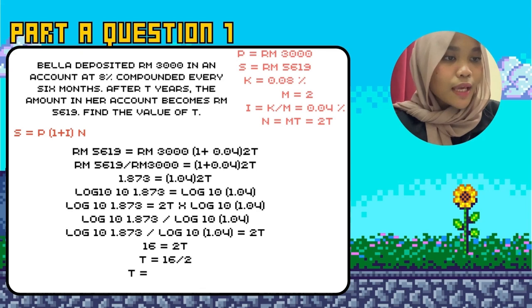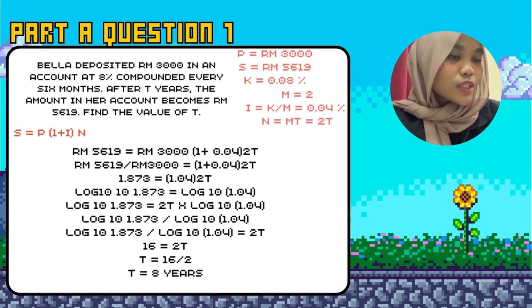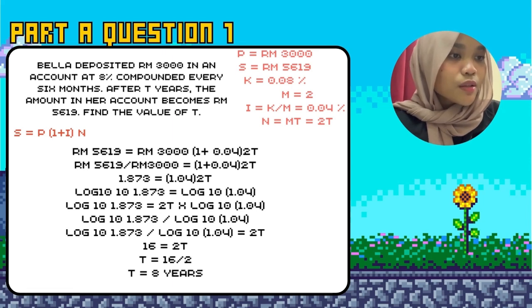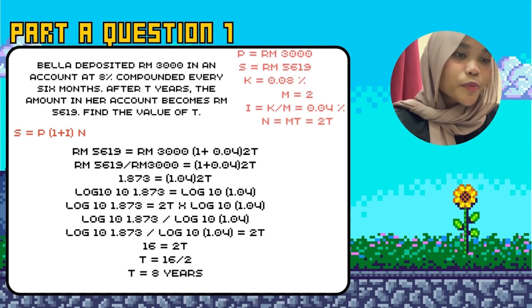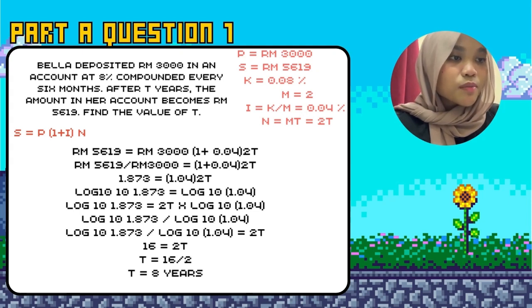We need to find I, which is K over M. K is 0.08, meanwhile M is 2. So we will get 0.04. So we will be using S equals P bracket 1 plus I closing the bracket and N. So the S would be RM 5,619 equals 3,000 in the bracket 1 plus 0.04 closing the bracket to